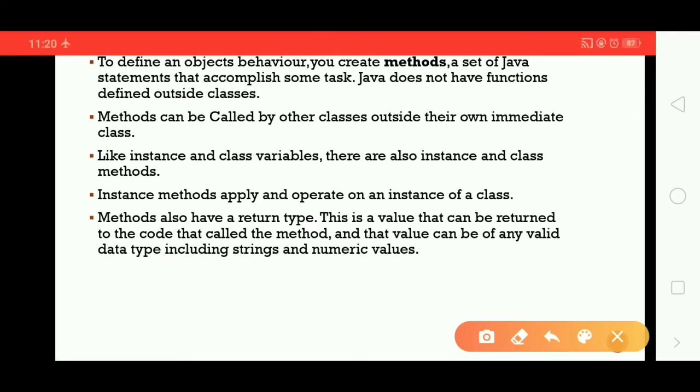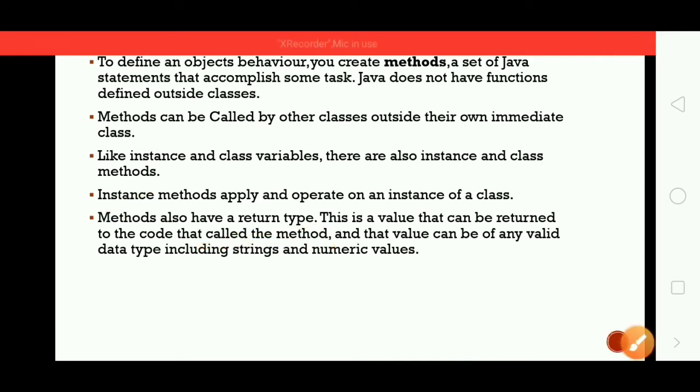Methods also have a return type. This is a value that can be returned to the code that called the method, and that value can be of any valid data type including strings, numeric values. See guys, once you call a method, those methods return a value. That is what it means that methods have a return type, and those values may be string or numeric, any other valid data types, and those values are going to be returned to the code that called the method.